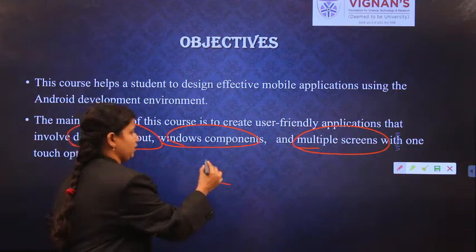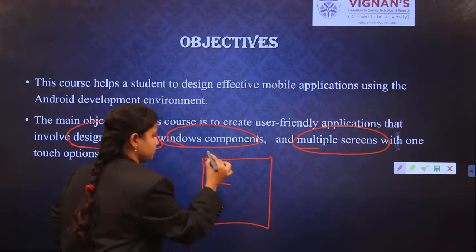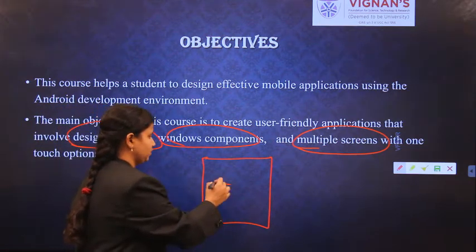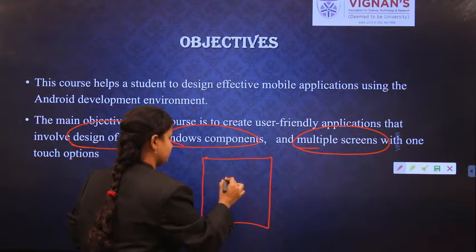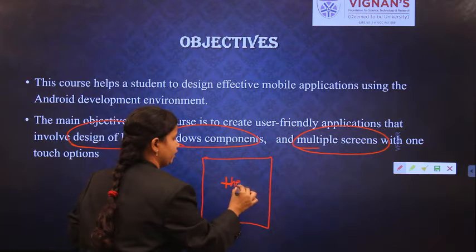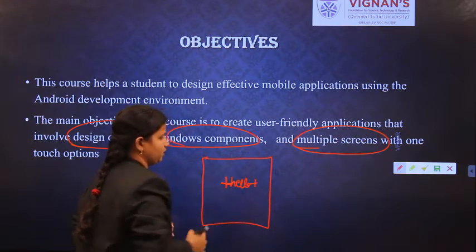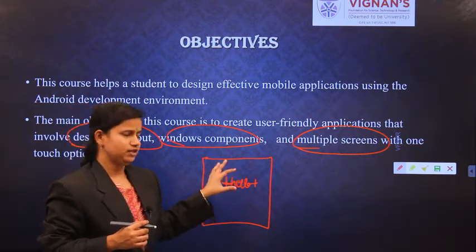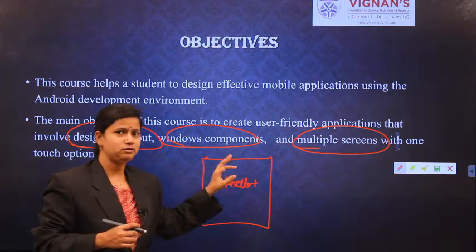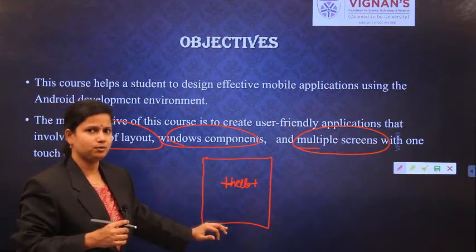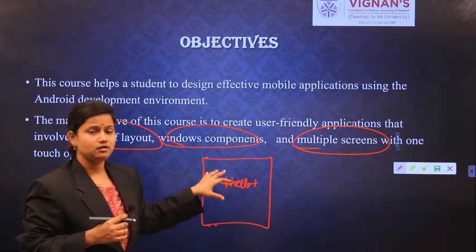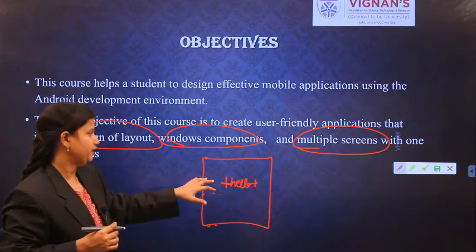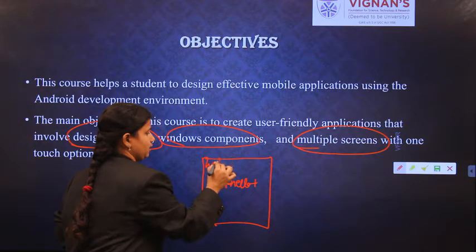When you are seeing your mobile screen like this, I want to print a plus symbol and the message hello, and again I want to print a minus symbol. This is my message, but in which position should it be displayed? It can be displayed at the top, at the bottom, or at the center. So we have to specify the corresponding position. We don't want to print it all the same way.